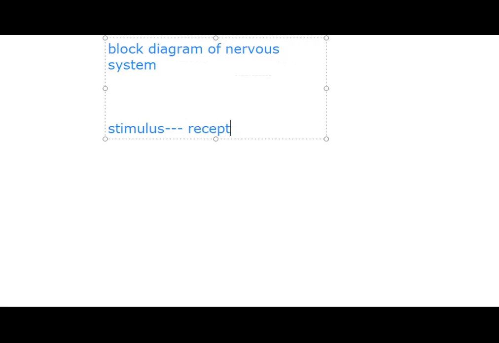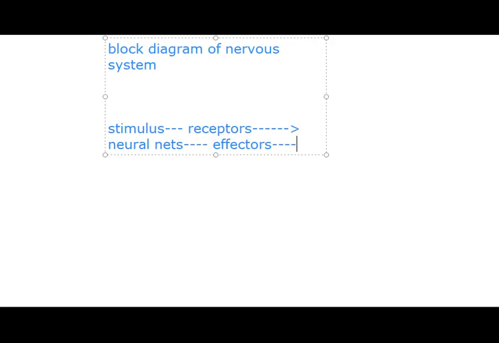What is the work of the receptors? The receptors receive the stimulus, and there is multiple parallel processing in the human brain through a large set of neural networks, neural nets that process in your brain. Correspondingly, after processing, it produces effects, known as effectors, and it gives us the desired response.